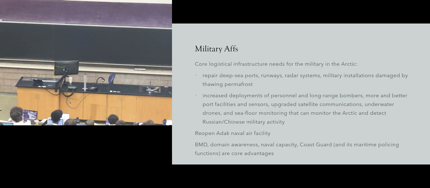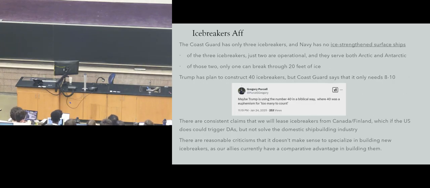So the last military app that's important to go through is icebreakers, which the camp has not really turned out. The Coast Guard presently has only 3 icebreakers. Of those 3, only 2 of them work, and they have to serve both the Arctic and the Antarctic. And of those 2, only one of them can even break 20 feet of ice. So the Coast Guard is not very good at icebreaking, and there's basically an icebreaker class above the icebreakers we have called an ice-strengthened surface ship,